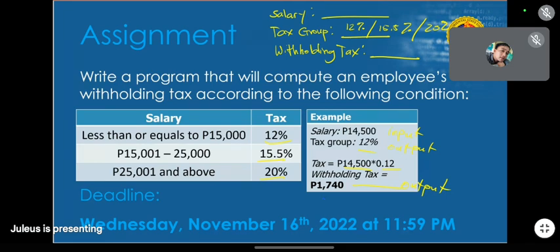None so far, sir. Anyway, if you have any question, just send it through our GC. If it's something that would benefit your classmates, try to send it in the GC. And then, if it's going to be personal, you can send me a personal message. But if your question is one a classmate might also ask, send it in the GC, okay? I can't read personal messages because this is my second account, not my main account. So it's better to post in the GC. Here, I'm alerted. Every now and then, I check.